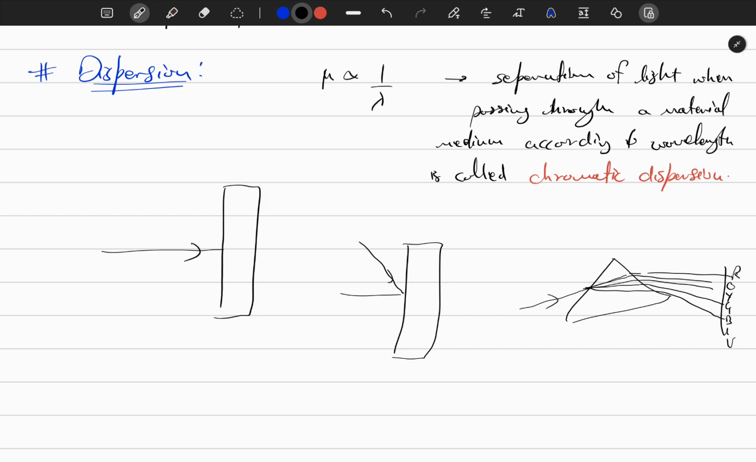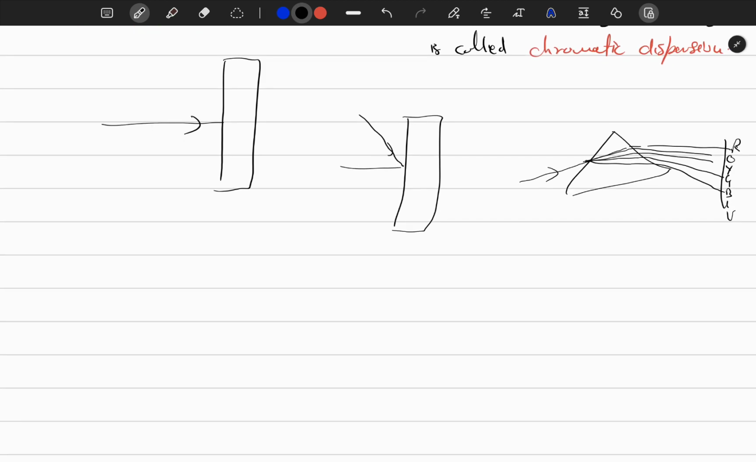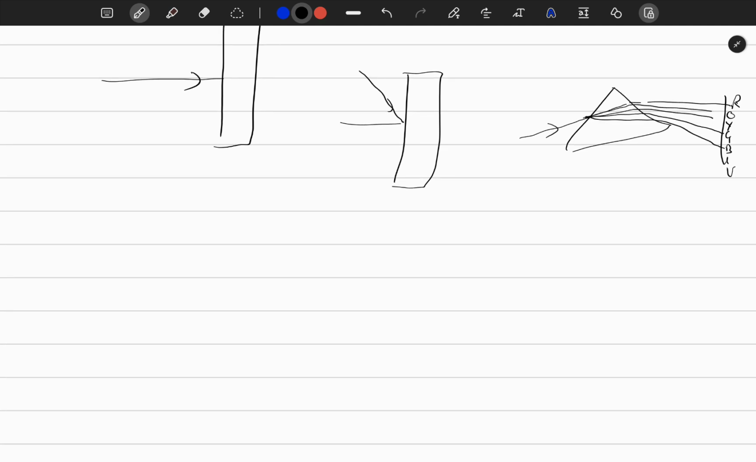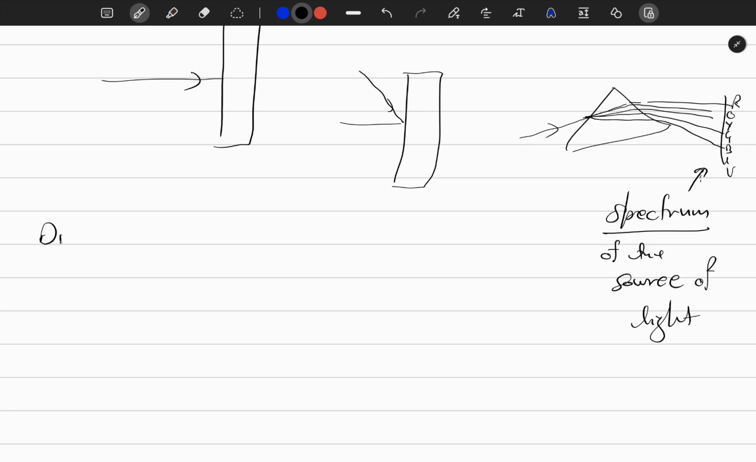Okay, so when a ray of light falls on a glass prism, it splits into different colors. This display of color is known as the spectrum. So this is the spectrum, okay, spectrum of the source of light. Okay, so this separation of composite beam into its constituent colors is called dispersion. Okay, so we can define dispersion,